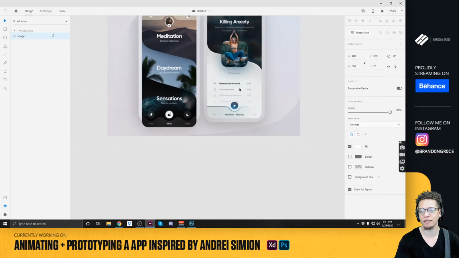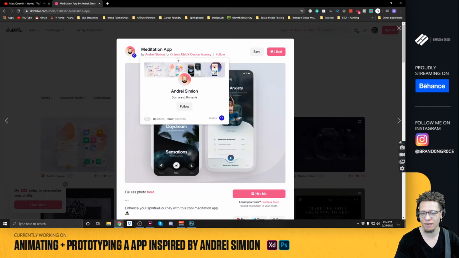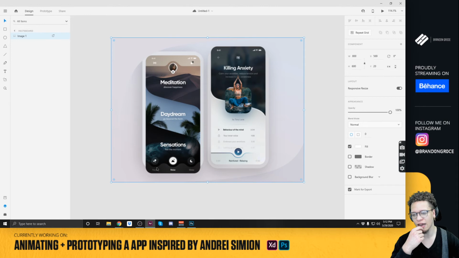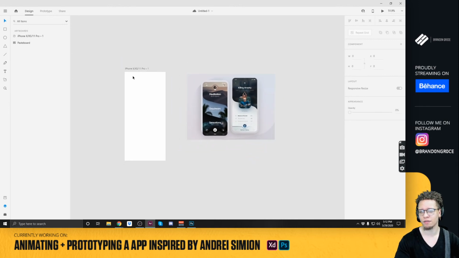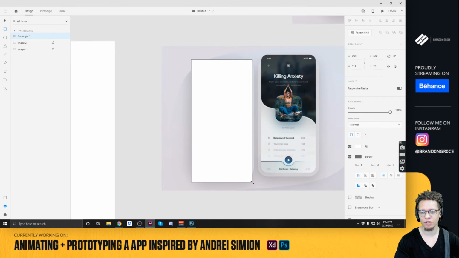All right, so this is what we're working on today. I thought this was super dope. This is by our friend Andre Simon. Anyways, regardless, his design's beast, and I really want to try to mimic what he's done here because I think this is a really cool effect. I see this as pretty much a trend right now with a lot of very organic shapes, and I kind of want to just rock with you guys today and recreate this. So we are going to, like always, you know, I like to copy. So I'm just going to